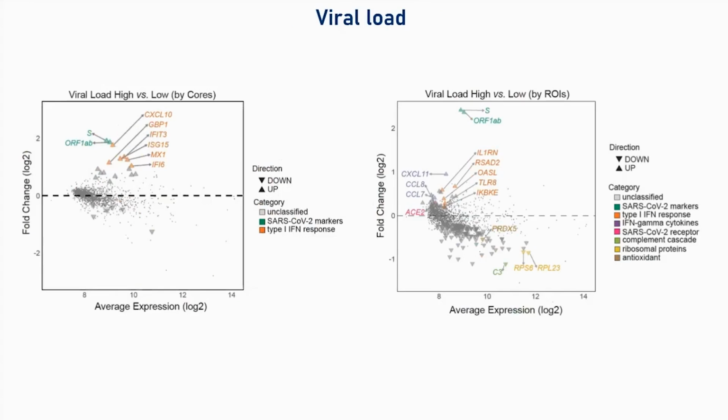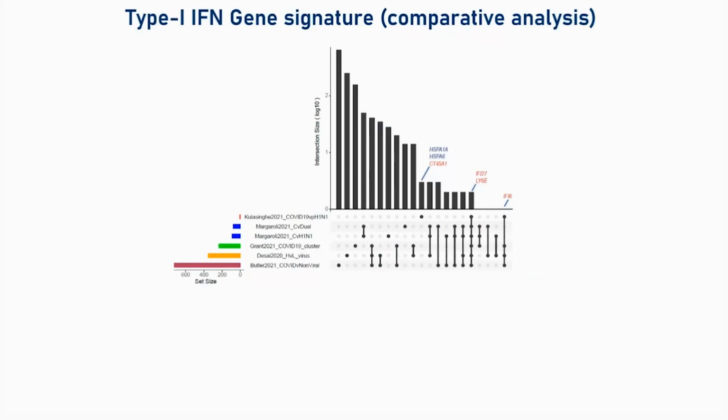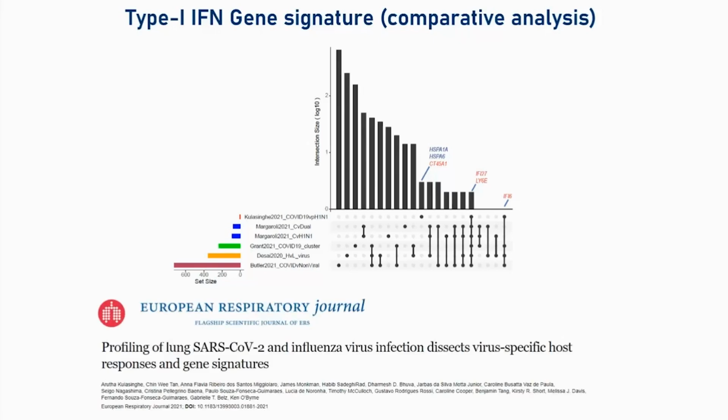And so when you look at the viral load, this is scoring viral load by RNA scope, where you have high viral RNA versus low viral RNA between the groups, you can see this type 1 interferon enrichment again. And so what we did was we took our gene signatures and we compared them to publicly published studies at the time, and we could see that this IFI27 Ly6E signature was enriched for in multiple studies at the time. And so we published this work in the European Respiratory Journal